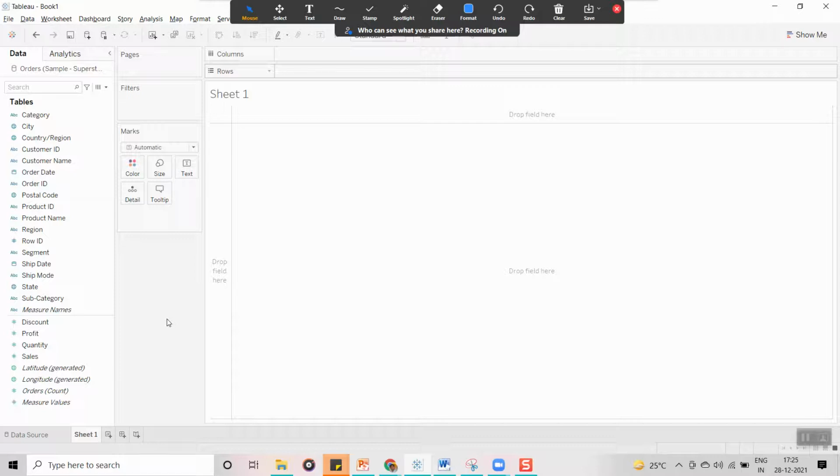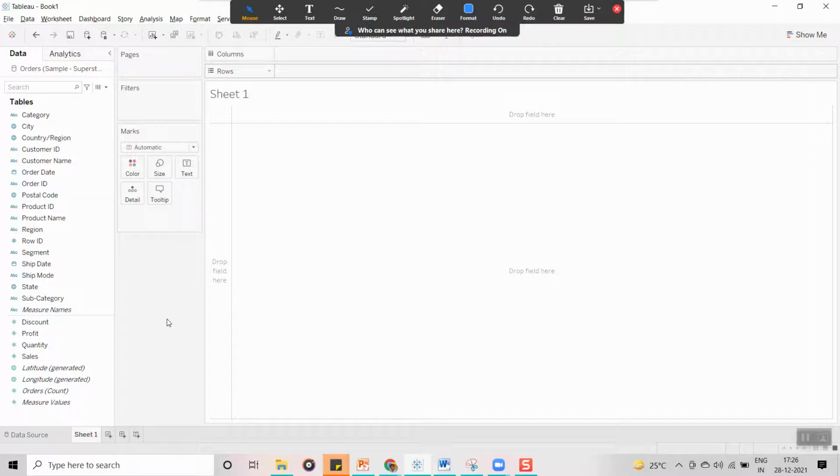See guys, for dimensions and measures you have to remember: qualitative and quantitative. Qualitative means dimensions, quantitative means measures. Also, measures we use to write calculated fields.